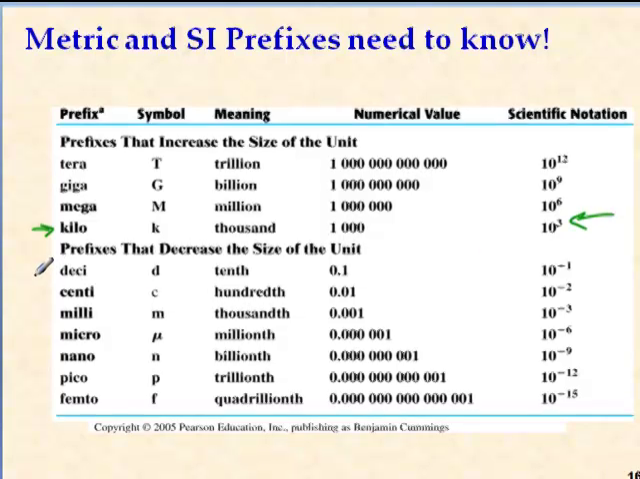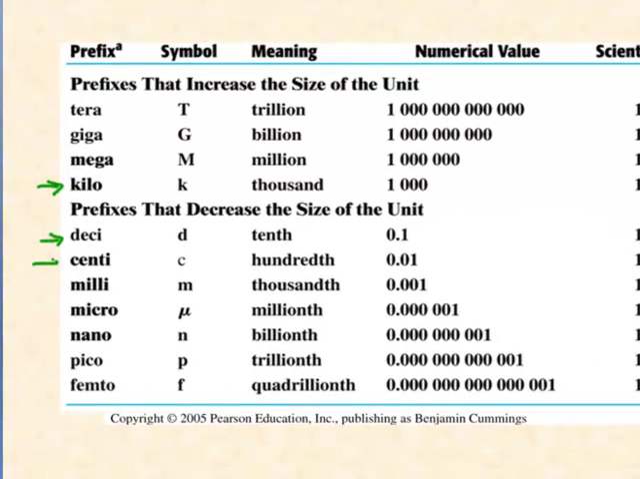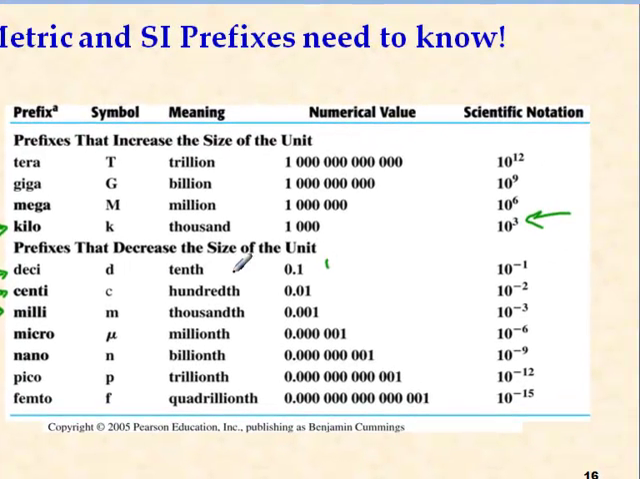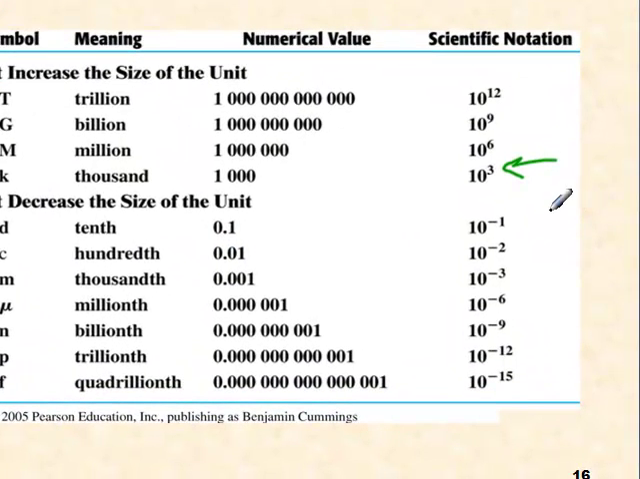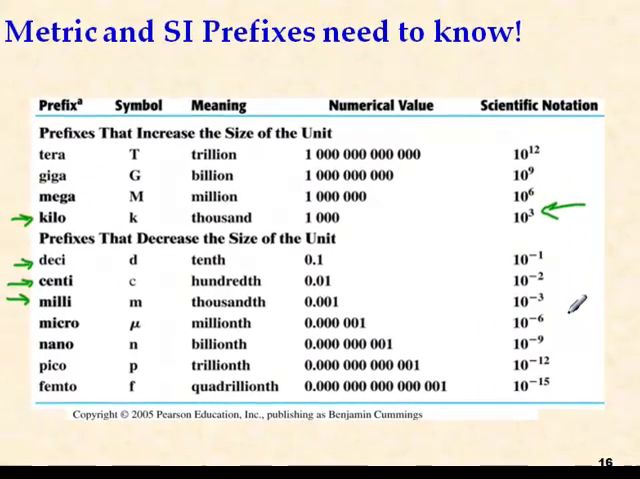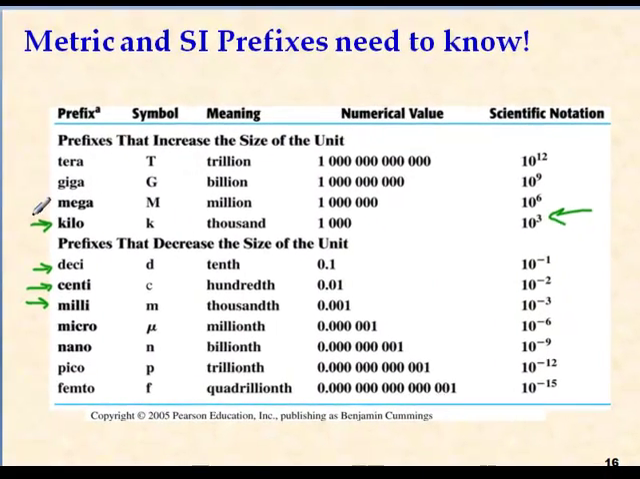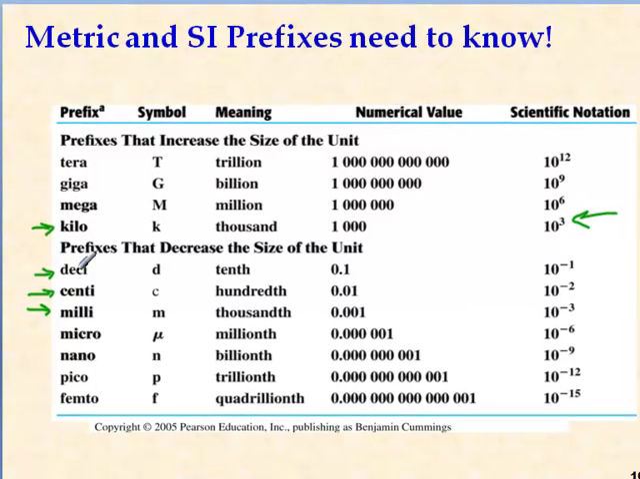Then for the prefixes that decrease the size, I want you to know these three: deci, centi, and milli. Deci we don't really use a lot, but it's good to know it as a concept. It's 1/10. And centi is 1/100, and milli is 1/1,000. Scientific notation would be 10 to the minus 1, minus 2, minus 3, respectively. So you must know these four, because these four prefixes will be used a lot in this class and